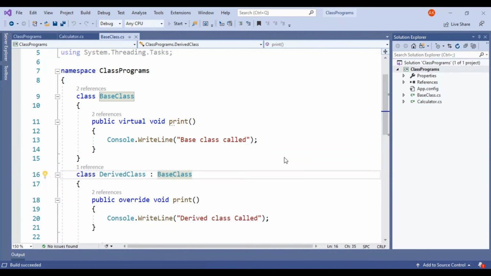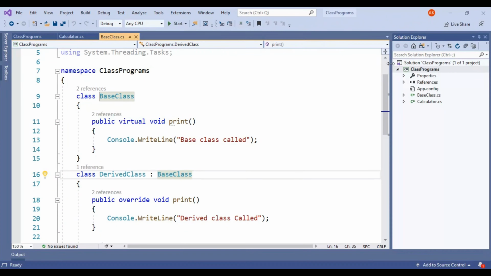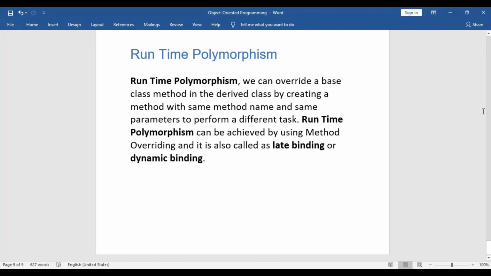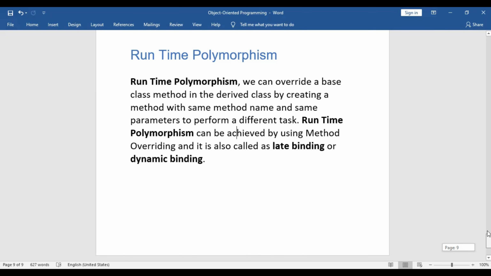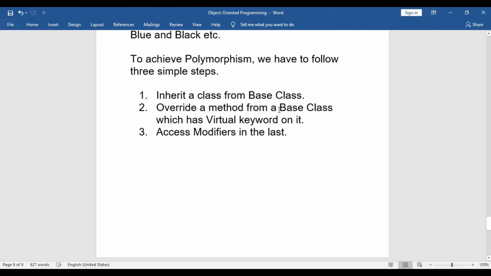So we are getting derive class called because we are inheriting with the base class. So the derive class will be overridden. This is the perfect example of method overriding or runtime polymorphism. These three steps we should remember: inherit a class from base class, override a method from base class which has virtual keyword on it, and access modifiers in the last.